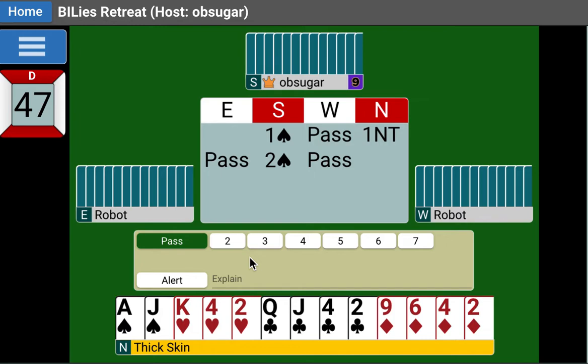So now we have a spade fit, and what are we going to do? Go straight to game? Or do we think maybe our minor suits are pretty darn soft? Come up with a mathematical formula for those 2 suits, but I guarantee it will be soft. We don't need a formula or math or a calculator to come up with that. Queen, Jack, 4th, and 9, 6, and then 4th and 9. That's 8 cards that do not promise a single winner for us. Right? So we're not going to go to game, but I think we do owe a